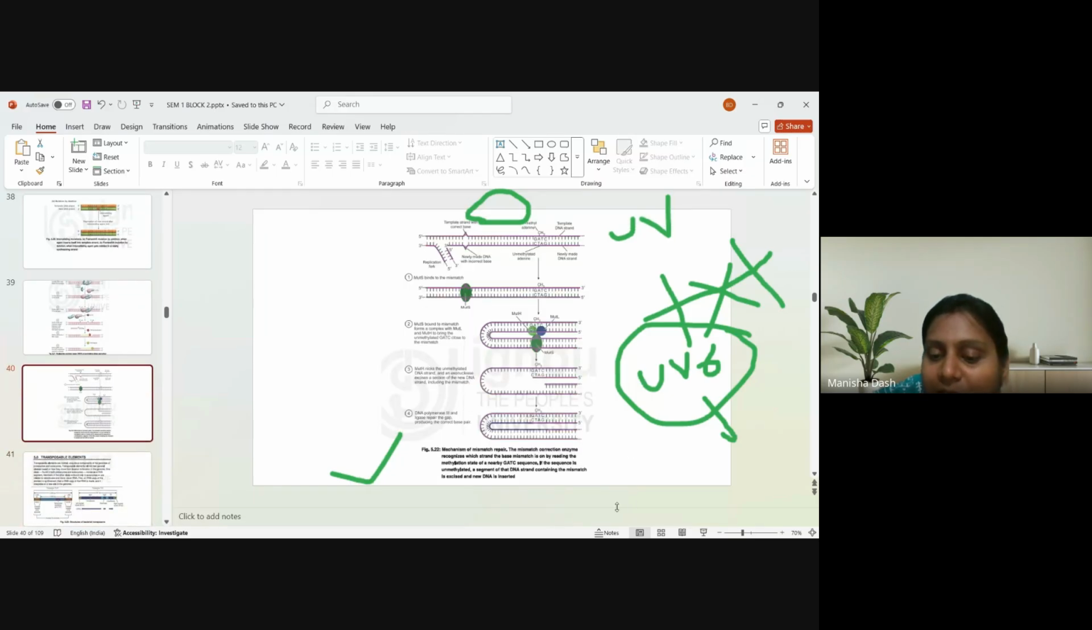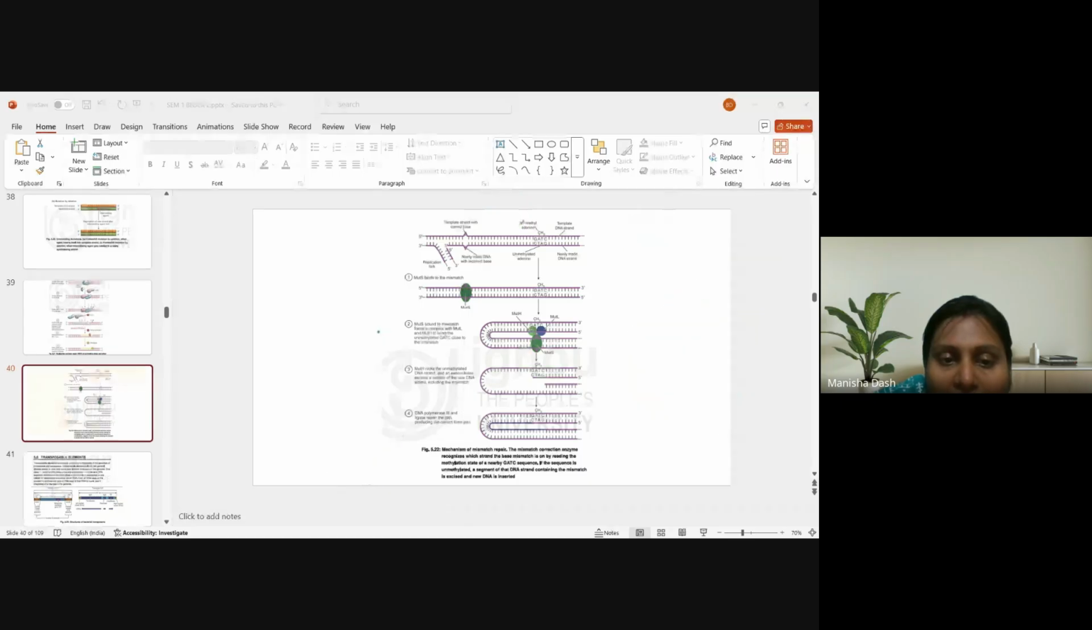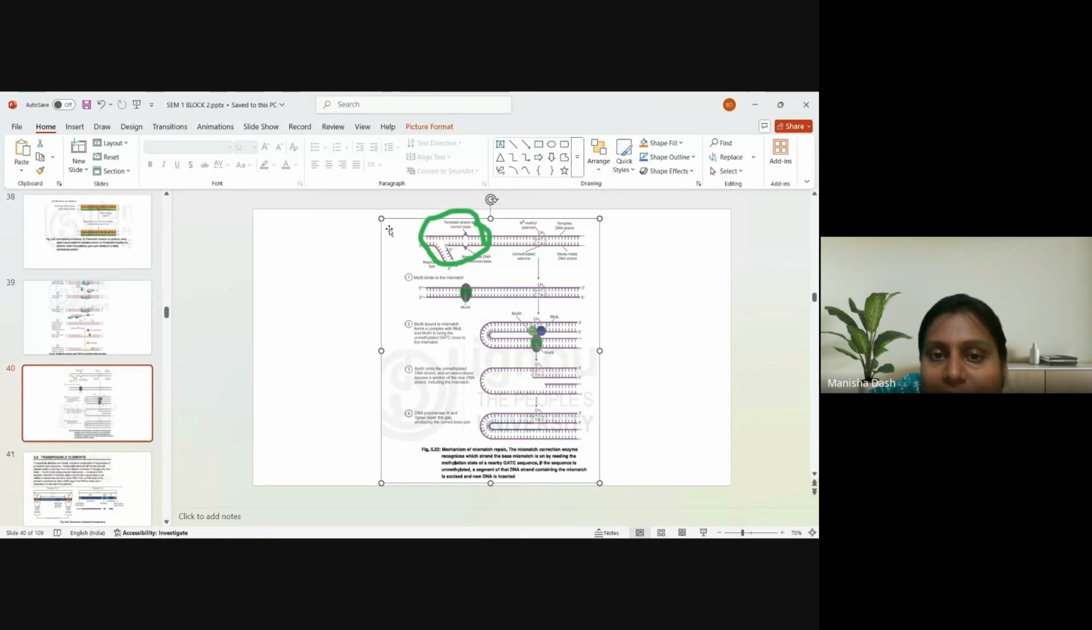Similarly, we have a mismatch repair mechanism also. Mismatch repair mechanism means, as we saw, that sometimes there could be non-Watson-Crick base pairing. So here a mismatch has occurred. Okay. So what is the mismatch? Let's see. The mismatch is,